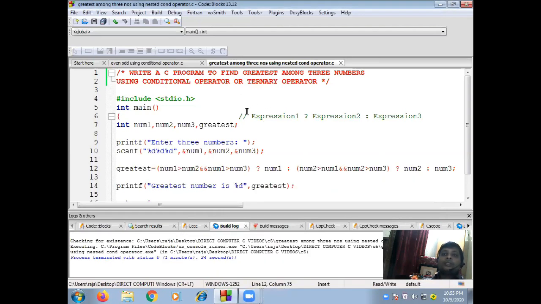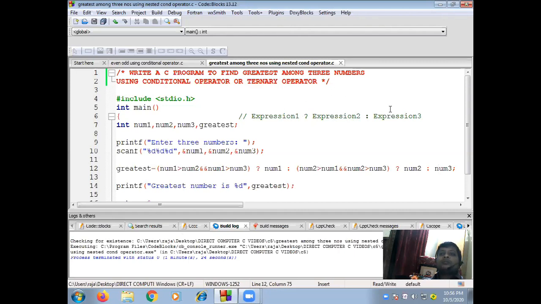This conditional operator is same as your if else. You can see this conditional operator is same as your what? If else. If this condition is true, then it will execute what? If block statements. In the if block, these are true block statements.